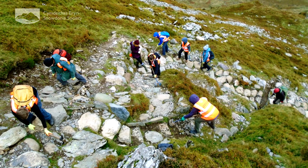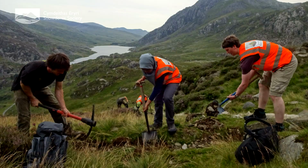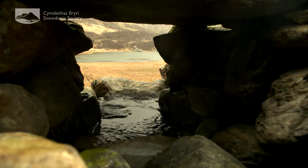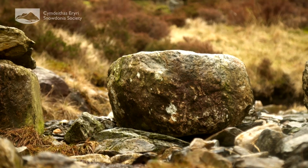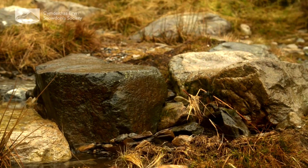We do this through a variety of techniques. The most common and probably most obvious is pitching, stone pitching. Very simple, we put steps in on steep areas to put something hard wearing between people's boots and the land beneath them. We also undertake techniques like stepping stones, where you place large stones through wet areas with gaps in between them. This allows the water to travel through the path and hopefully allow the land beneath to become revegetated